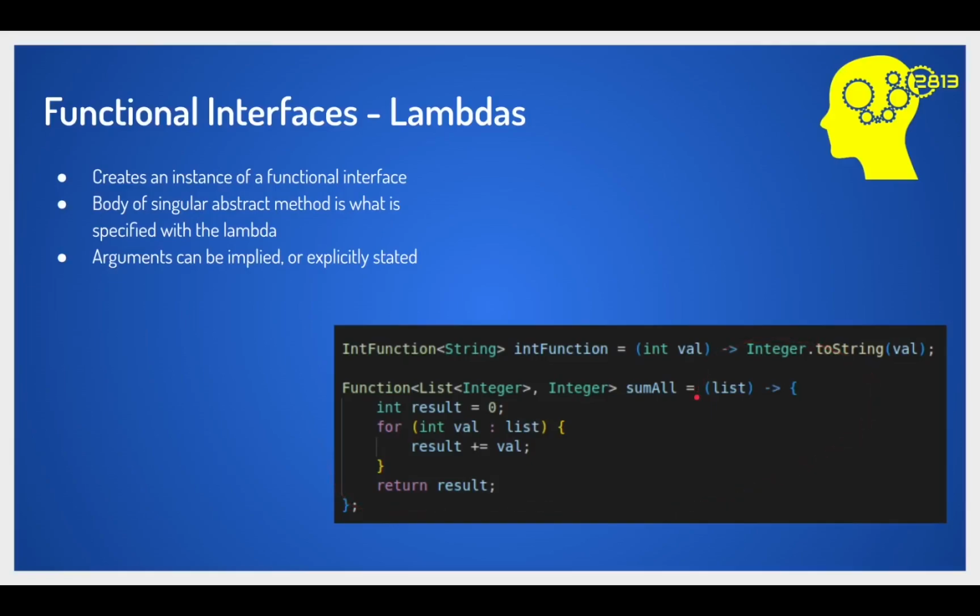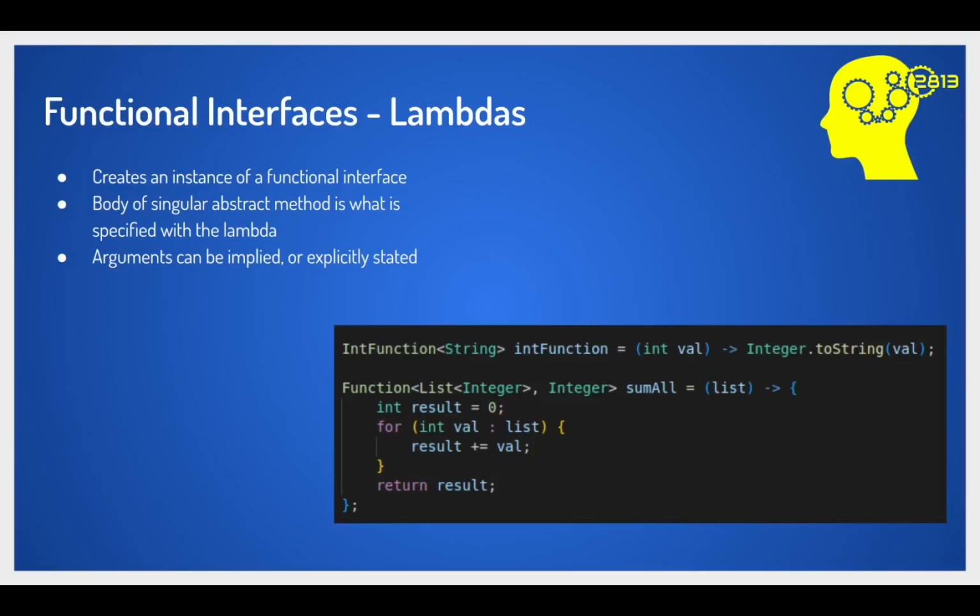In this case, we're just setting it to a variable, but you could just put this as an argument to a function. So you have opening parentheses, your arguments, comma separated, and then closing parentheses, then this arrow, dash and then greater than symbol. And then you have curly braces with your code block. In this case, you just set a variable to 0 and then add up every value in the list